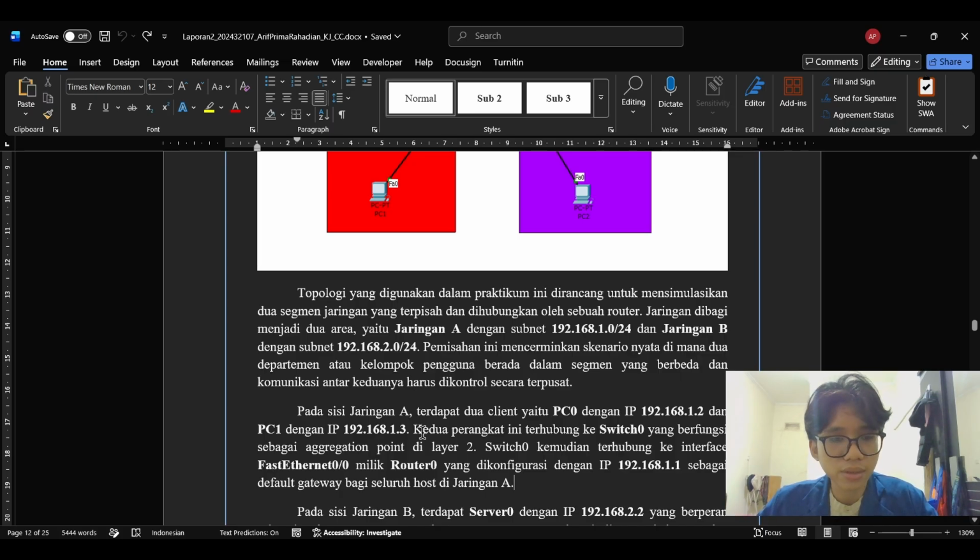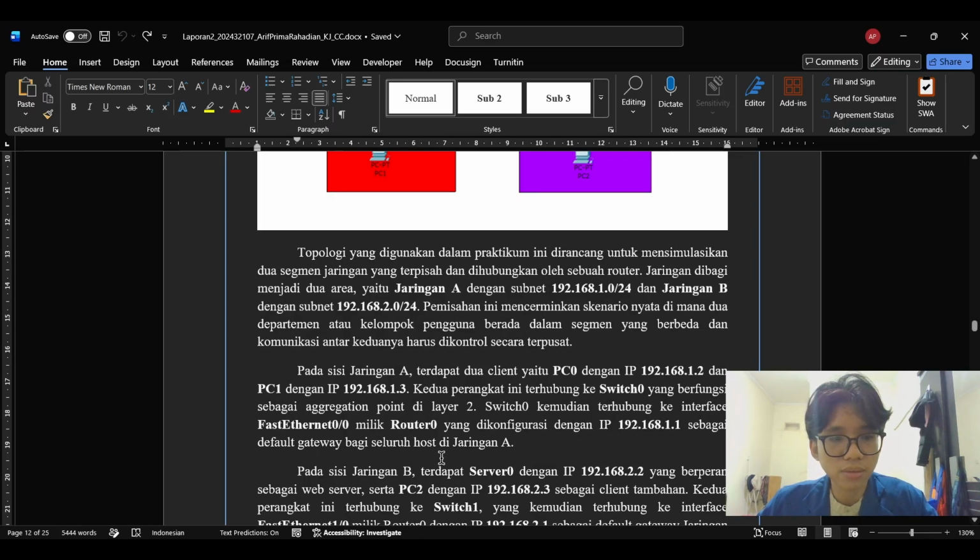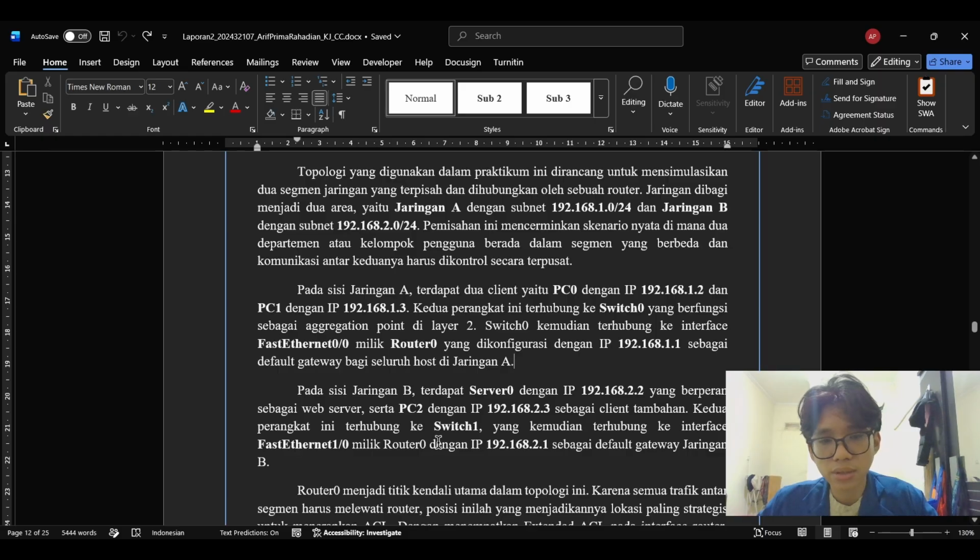Both of these devices are connected to Switch 0, which then connects to the router's FastEthernet 0/0 interface. That interface is configured with the IP address 192.168.1.1, acting as the default gateway for all hosts in Network A.